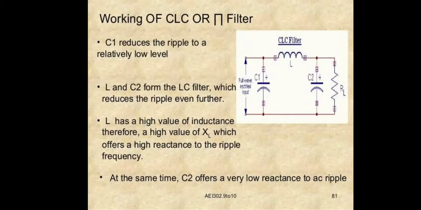Then the characteristics of the pi filter. You can see the characteristics of the pi filter are to produce a high output voltage at a small current drain. In these filters, the main filtering action is achieved through the output on the C1 input. The remaining AC ripples are filtered through the second capacitor and inductor coil.